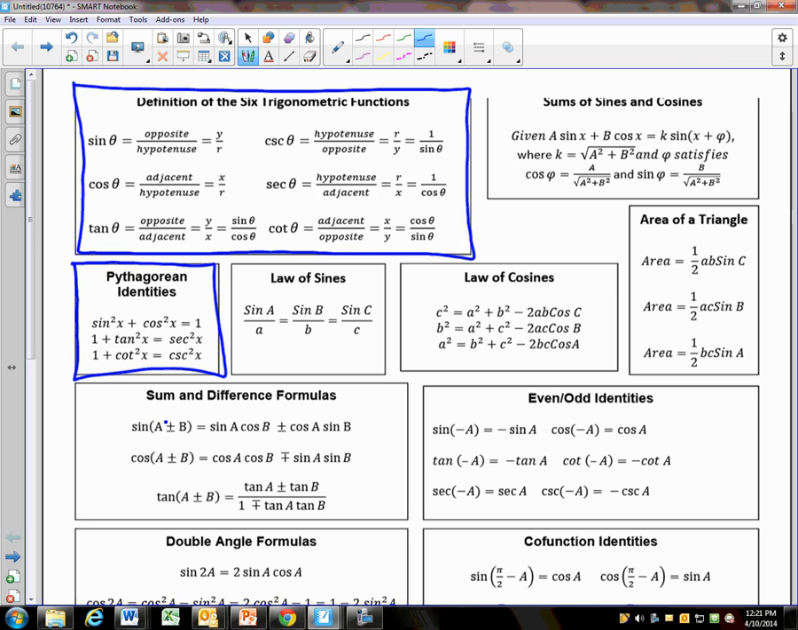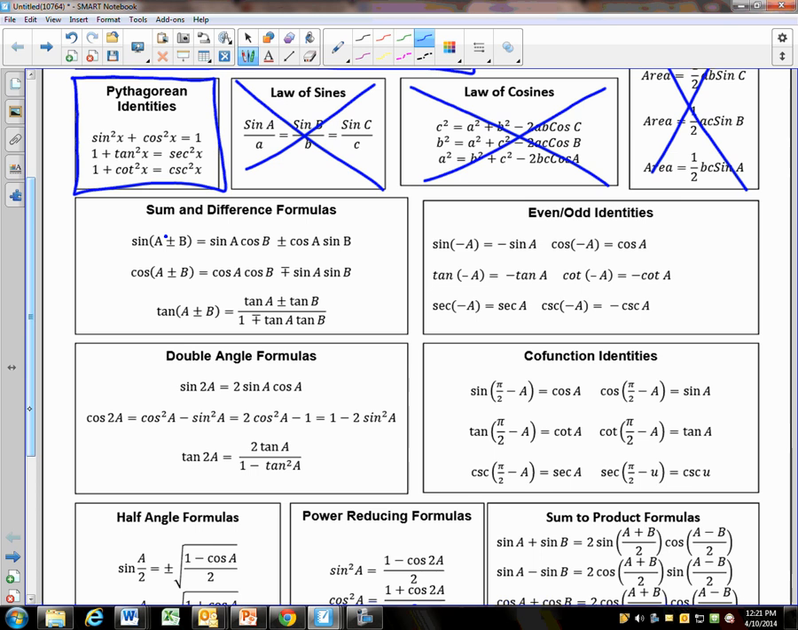You know the law of sines. We're not going to use that during this unit. You know the law of cosines. We're not going to use that during this unit. And you know the area of a triangle, but we really don't need it. Yesterday we glanced at even and odd identities. Today,